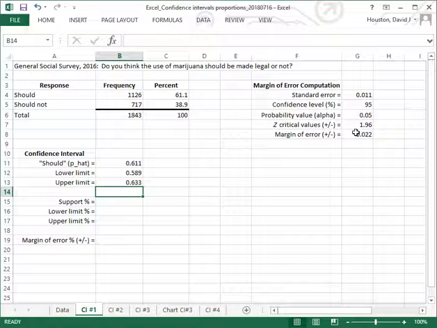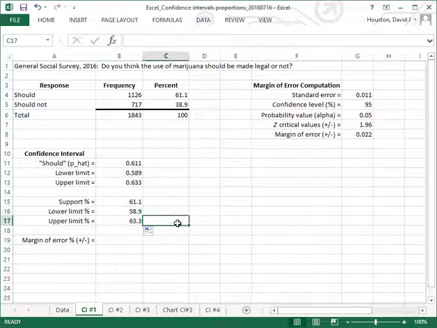Now oftentimes what you'll see is the confidence intervals are presented as percents, not as proportions, but whenever we do our computation we must transform this information into proportion format. So to take our p-hat as well as the lower and upper limit and instead report them as percents, I'm just going to take that value and multiply it by 100 to put it into a percent. And I can just autofill this formula down, and we see then that our confidence interval will range from 58.9%